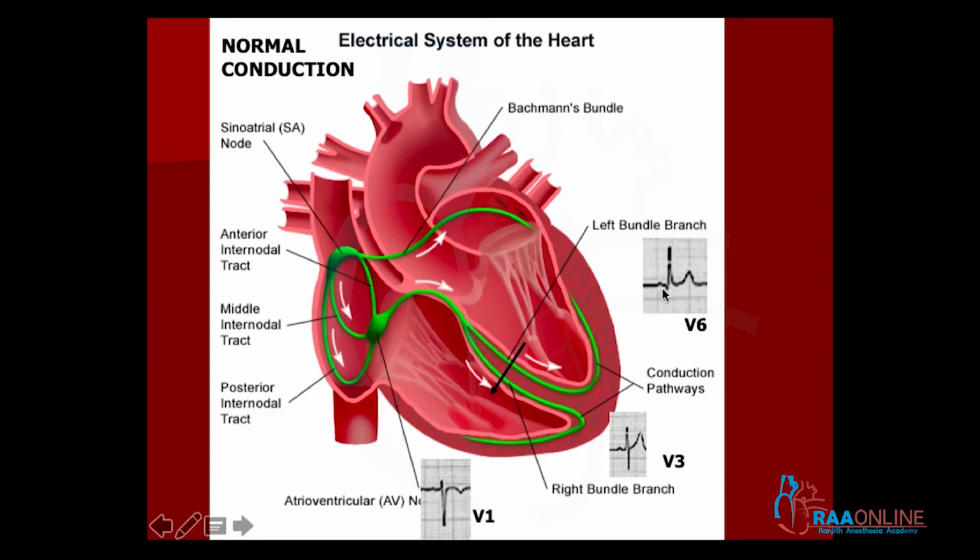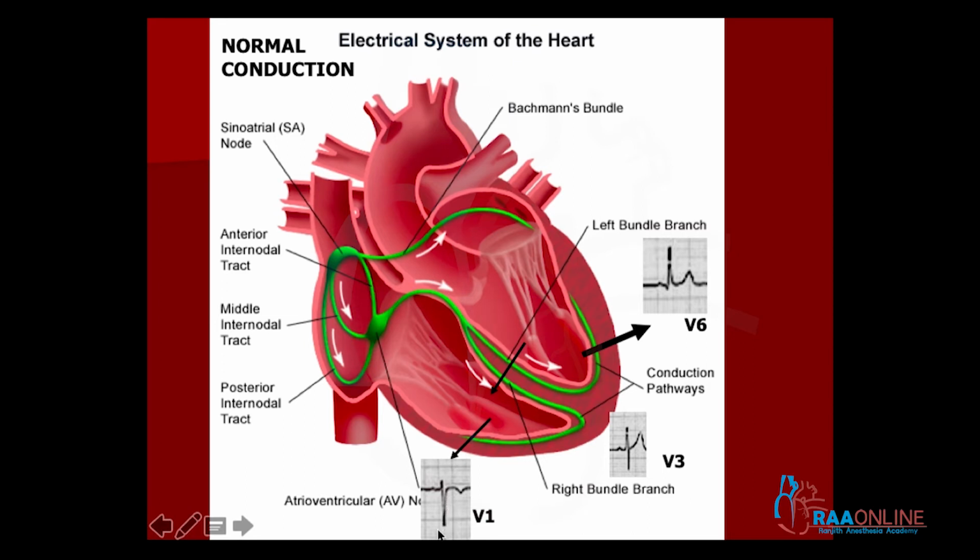V6, which represents septal depolarization going away from the left sided leads, and a small R wave in V1, which represents septal depolarization coming towards the right sided leads. Then there is a simultaneous activation of the right ventricle and also the left ventricle. Because the left ventricle activation is going to be dominant, the net ventricular depolarization is going to go towards the left side. The left sided leads will record a tall positive R wave, and right sided leads will record deep